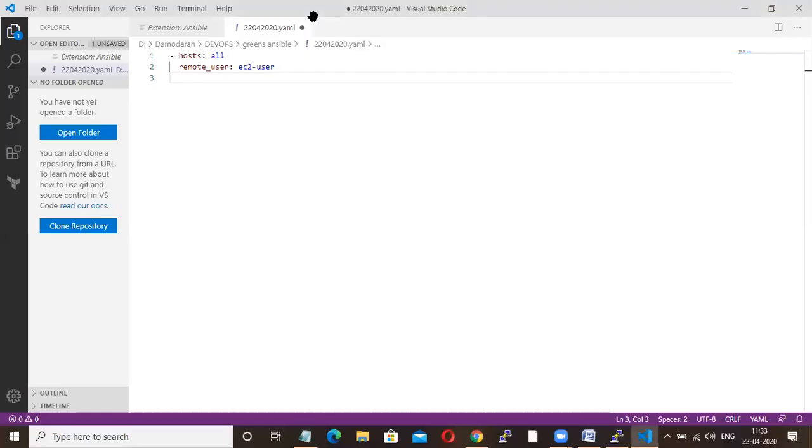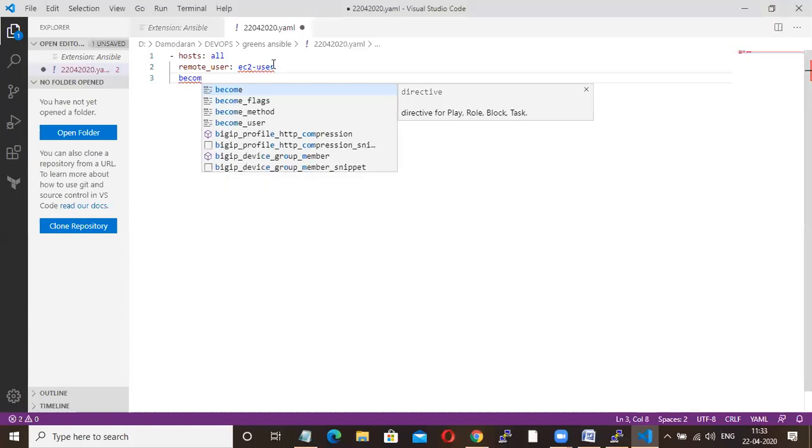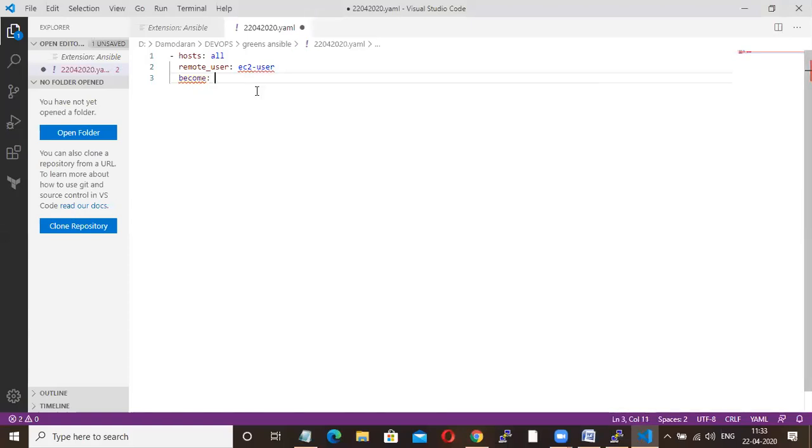Then if you remember, I have used hyphen B. Hyphen B is nothing but become. Why have we used become? To execute something with root permission, right? So become: yes. If you are giving become yes, the meaning is you are going to execute this playbook with root permission.